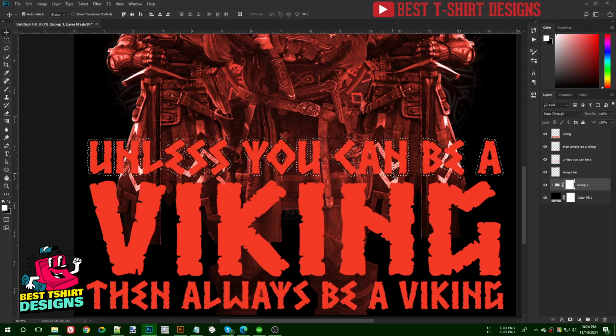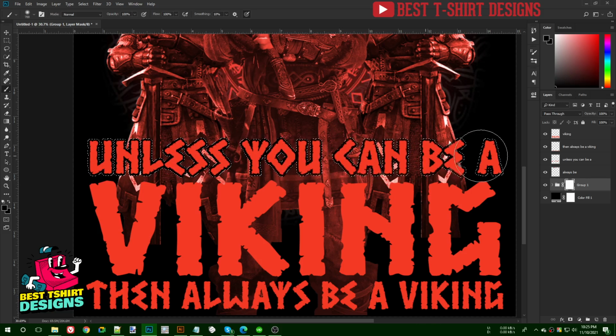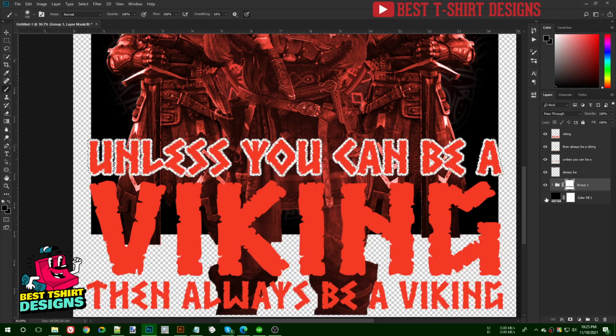Now with this selection activated, I need to go to this layer mask option, and here I am going to take my brush tool to paint in some black color. So if I make the color black and paint in here, it is going to hide those parts of the main graphic, if you can see. If you turn off the original black layer, you will be able to see that it is removing that part inside the selection. So my text is more visible. That is what I wanted.